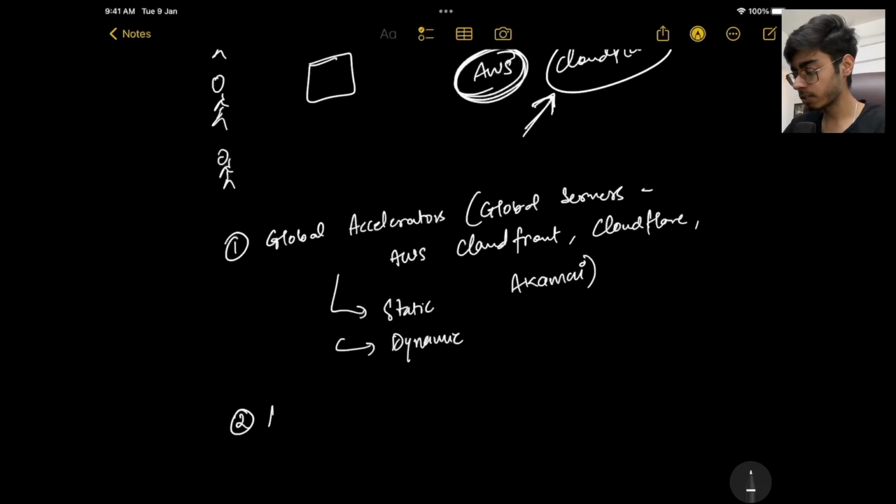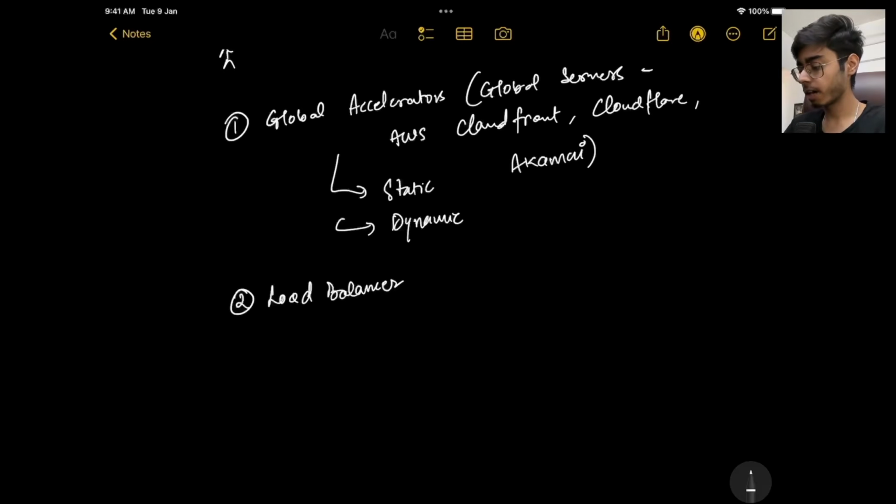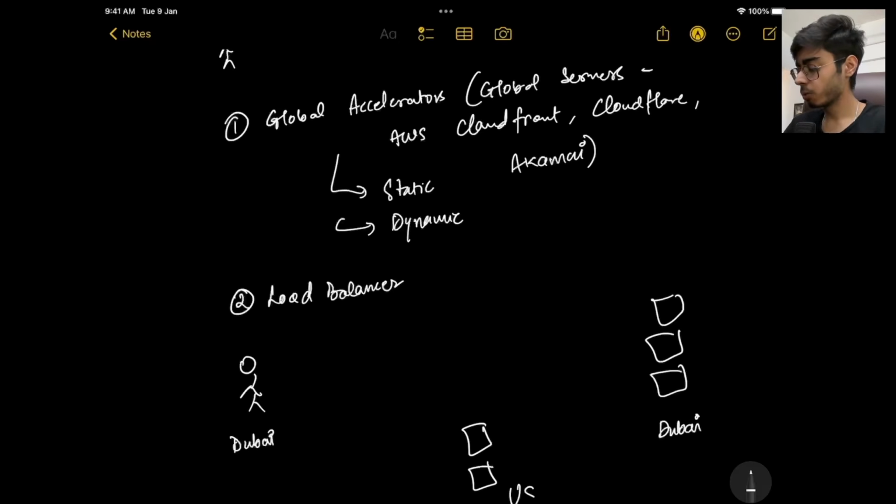Next is the load balancer. Because at the end you need to achieve low latency, let's say your user is sitting in Dubai, and you have implemented this global accelerator by setting up 3 servers in Dubai, cloned replicas of the main US servers, right? What is going to happen? Your load balancer will check the user location, and as the request comes, it will go to the Dubai servers.